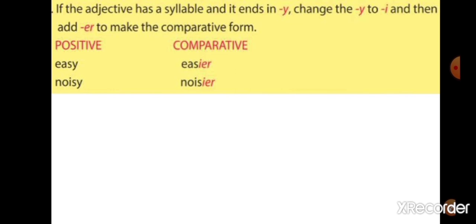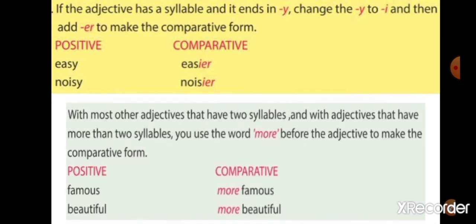So here what we have to do? Remove Y and just add IER. Noisy. Noisy is also one word. Here we cannot break it into 2 or 3 words. So here also you have to just remove the Y and add IER. Another